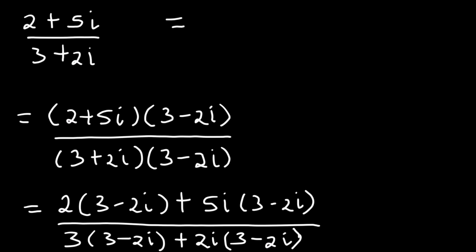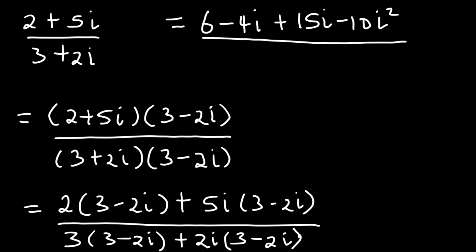This will be equal to, for the numerator, 2 times 3 will give us 6, and then 2 times negative 2i will give us minus 4i, plus 5i times 3, which will give us 15i, and then 5i times negative 2i, which will give us minus 10i to the power of 2, divided by, now for the denominator, 3 times